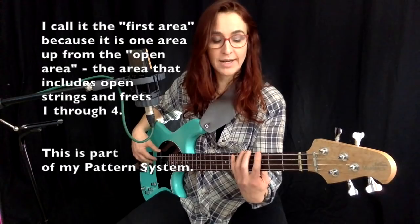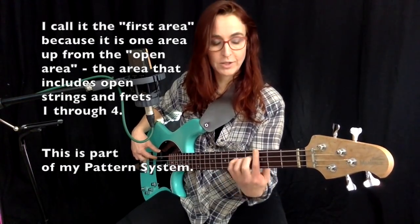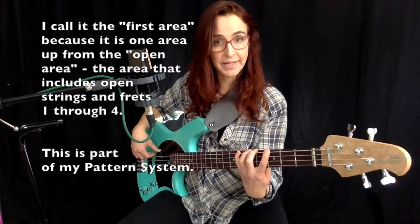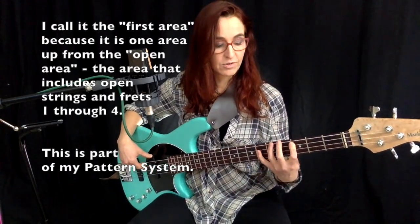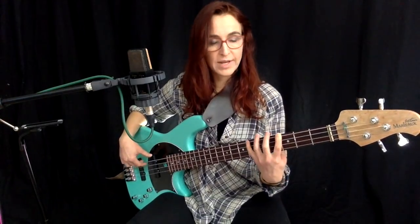And the pattern is you're starting on the root, the G, with your first finger, and then you're going up to your pinky, and then you're bringing up always 1 3 and 1 3. So the first string, or the E string, is 1 4, and then it's 1 3 1 3 1 3, and then you go backwards. What this does is it extends the octave. Here's my octave, but I keep going and add these 2 notes